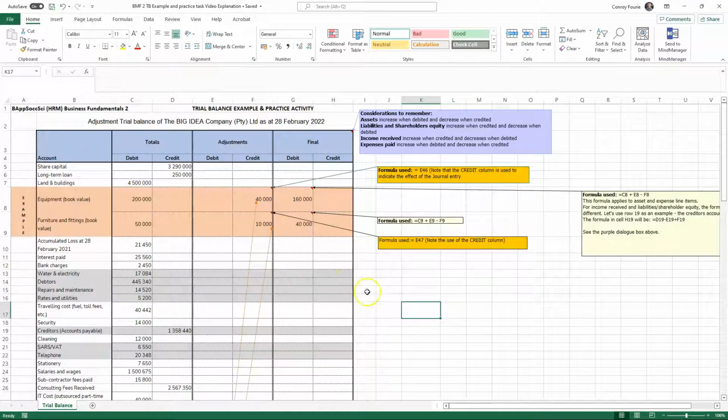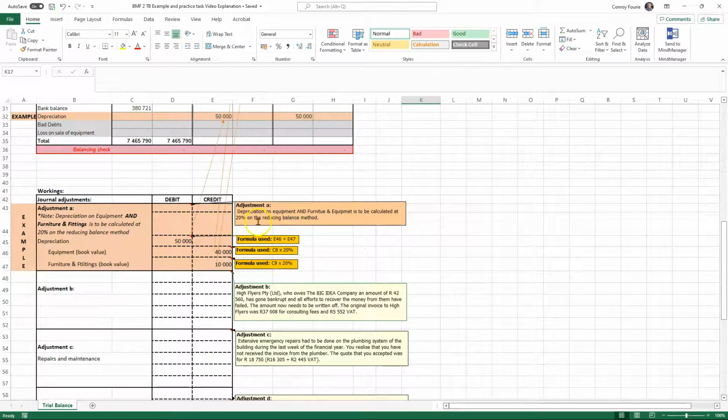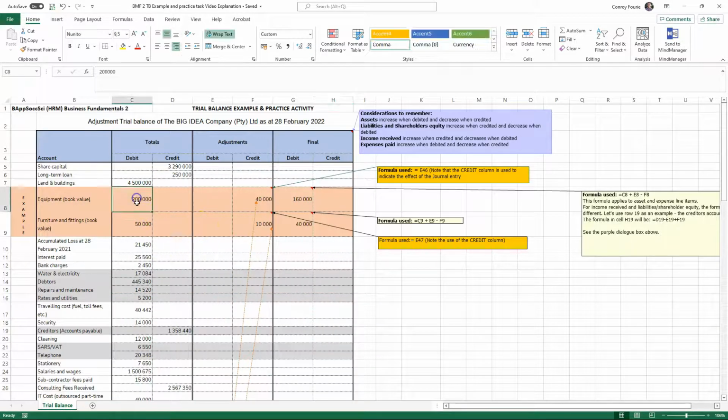the formula used for depreciation, for example, the depreciation exercise is below here. Depreciation on equipment and furniture and equipment. There's a spelling mistake there. I'll have to fix that on the other one as well. Equipment is to be calculated at 20% on a reducing balance method. Don't get thrown by the reducing balance method. All you can know about that is that the balance that is currently in here needs to be reduced by